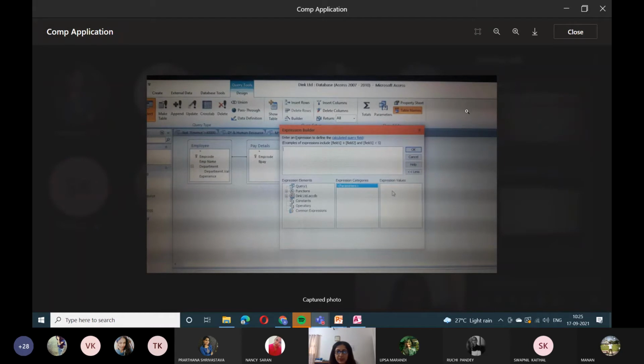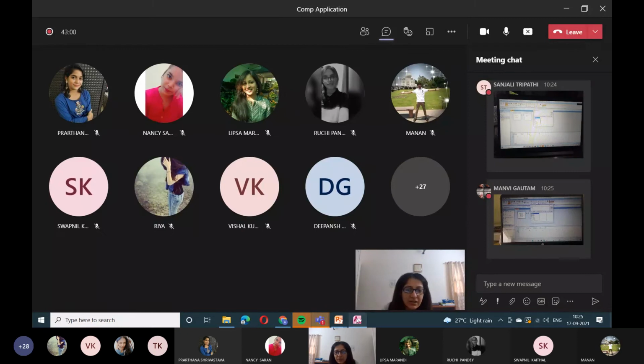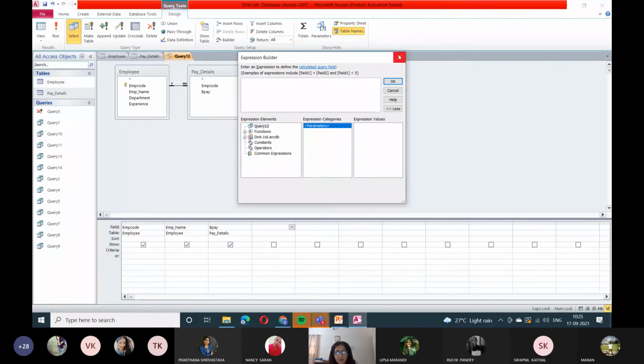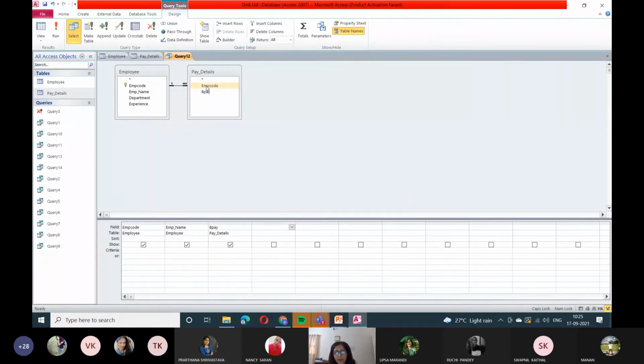Manan, there is a problem in your data. Let me tell you. Have you created the relationship? I don't see a one-to-many relationship, Manan. If you remember, in the Ding file, the employee code primary key that I see, Manan, I should not see that. Let me show you my data. See, employee code is a foreign key. Nobody told you to make it a primary key here in the second table. Manan, please change it.